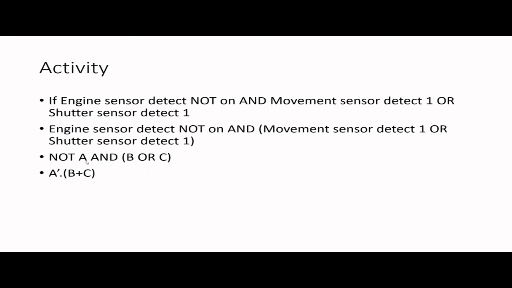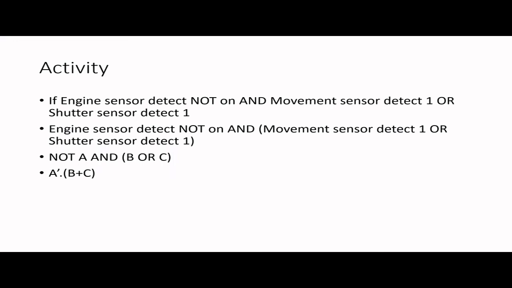So not A. A should be not A, right? The engine should be not switched on, right? And B or C. Understood? So that means A is the NOT scenario. That means the engine is switched off. That means the engine sensor is detecting not on. NOT should be there. With that, there's an AND operation. Either B or C. That means either the movement sensor is detecting movement, or